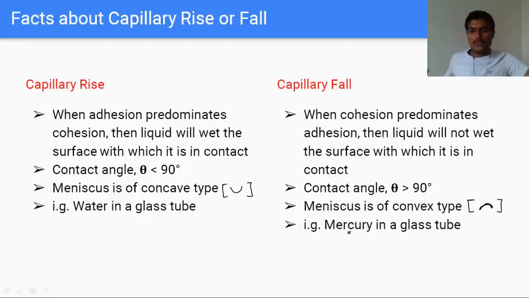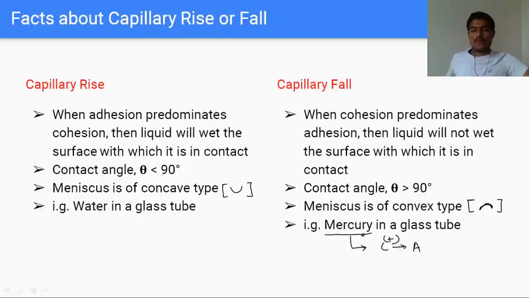But if we consider the mercury instead of the water, so consider for a previous example in the previous slide, if we had considered the mercury in terms of the water, it will consist to the capillary fall. Why? What is the reason? Because in mercury, cohesion is very predominant compared to the adhesion. So cohesion is predominant. So I will write this only plus sign.